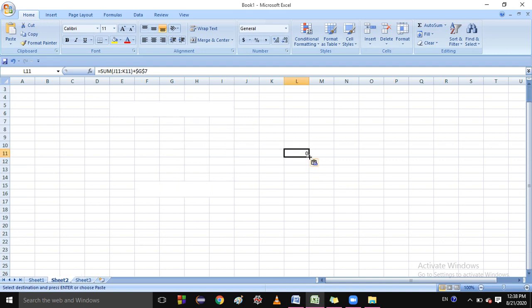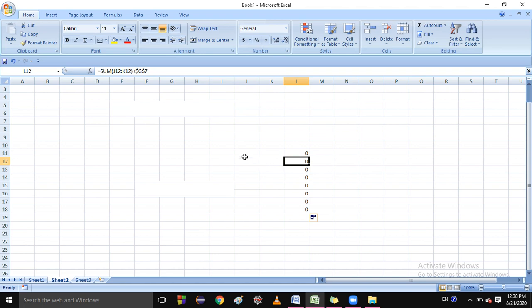If I increase this one like this, then I will be here. So this will go two back. This is J, K. I am here, so this will be K11 and this will be J11. Just see the formula: J11, K11 and $G$7, because this is an absolute reference, so this will not be changed. Why are you getting 0?